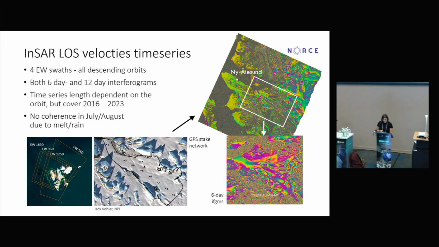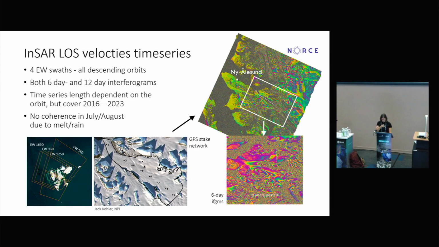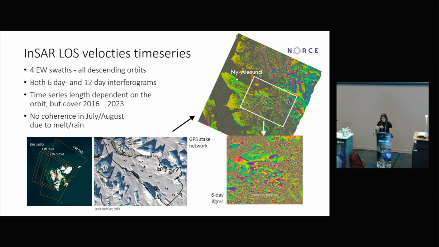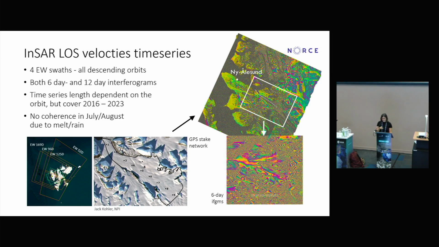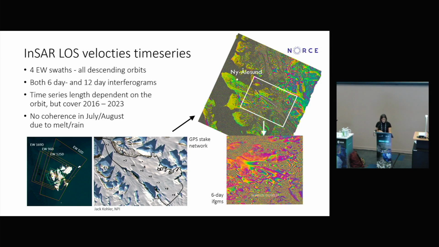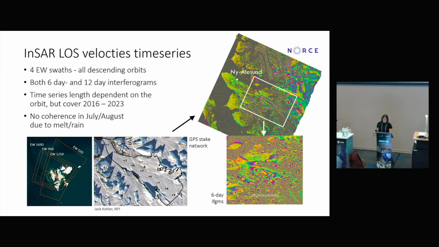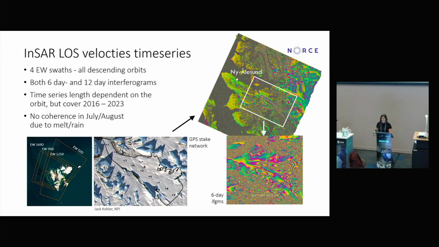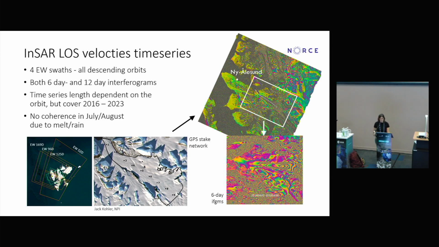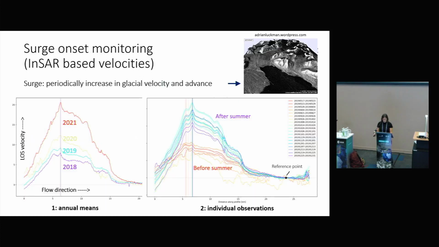And in the map in the middle, you can see the different points that were acquired with a GPS stake network from the Polar Institute, measuring how these glaciers are moving. And then we compare the result of the EV velocity analysis along the central line, following roughly the same central line as this GPS stake network. So if we look at the results,